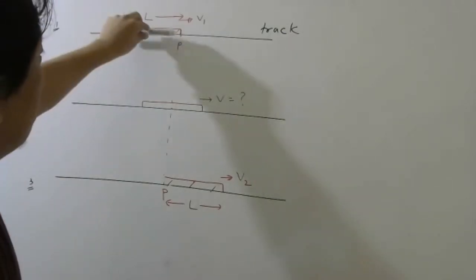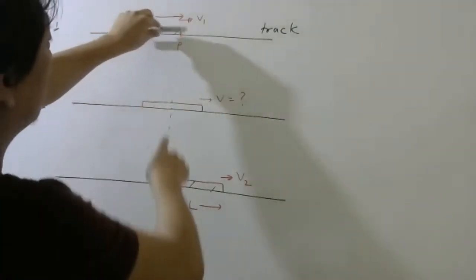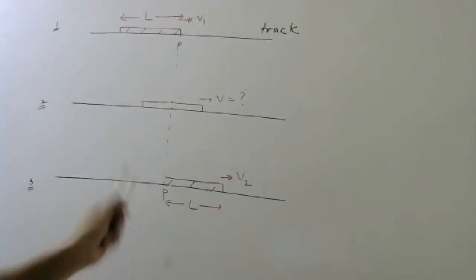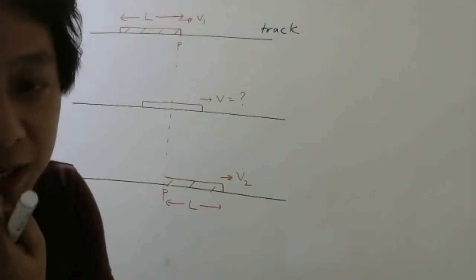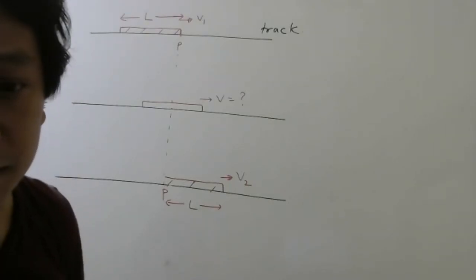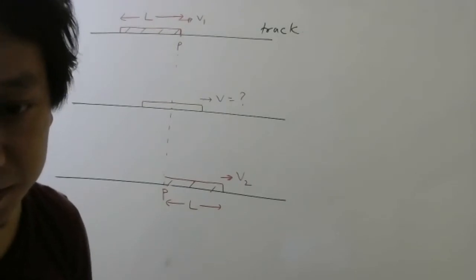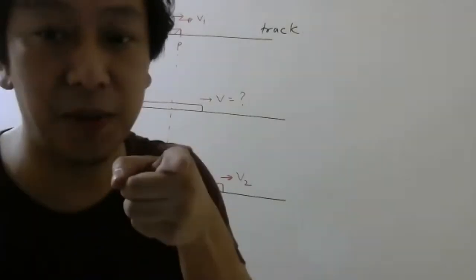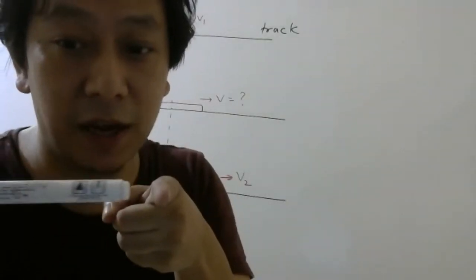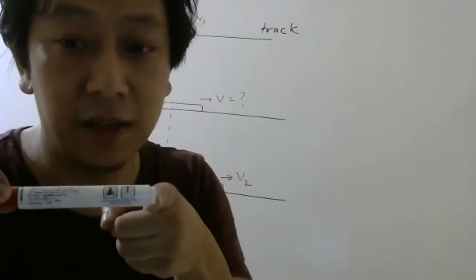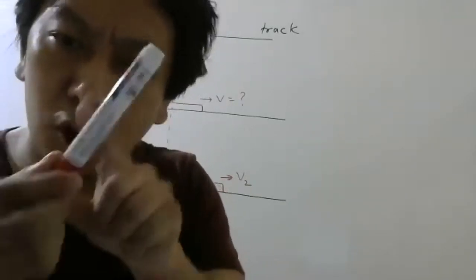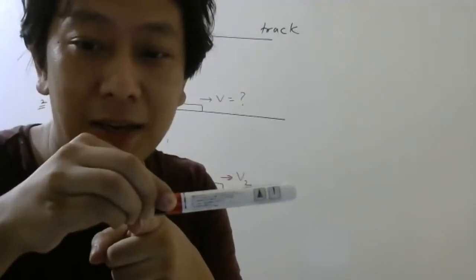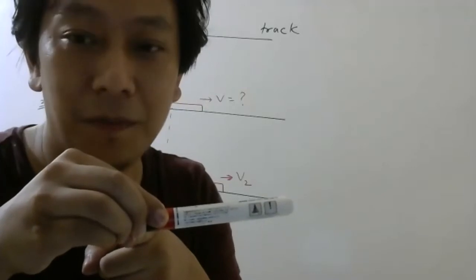Think of the diagram. So this is the front end when the front end reaches. This is the rear end when it reaches. And this is the midpoint. Everybody understood the diagram? Very slowly I have made. It is moving faster or slower in the question? Since there is acceleration, it is moving faster. So here is a point P in the track. When this end is passing, that time velocity is v1 for all the parts, v1. Then when the back end is reaching, velocity is v2.